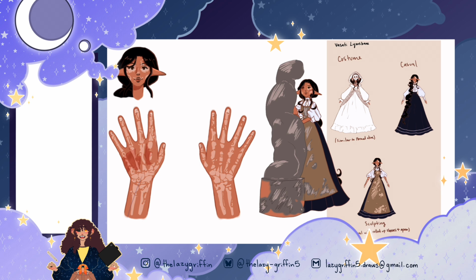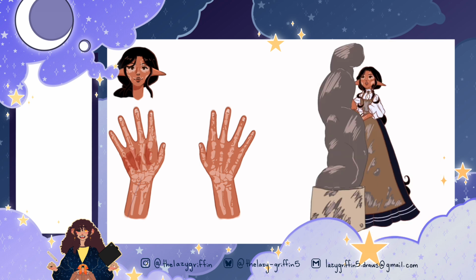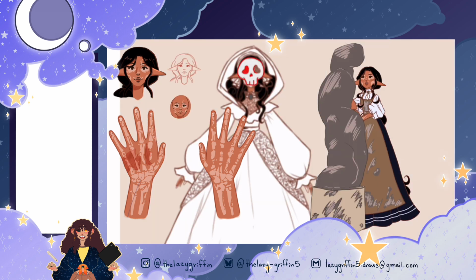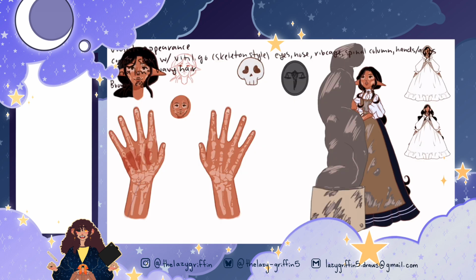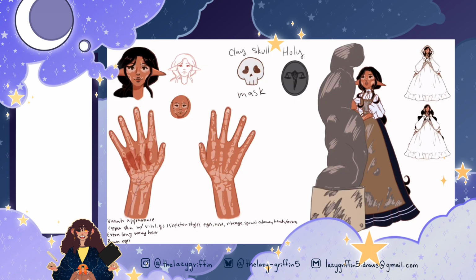You may not have a clue what your character's skin, hair, or even eye color is going to be at the beginning, and I typically like to consult the internet when this happens to me. I'll go to Pinterest or search up random color generators and just search until I find the color or colors that feel right. In Vasati's case, I didn't have to do this because I already had a picture in my mind of her colors. The copper skin tone with that pale vitiligo on her face and hands, and of course,